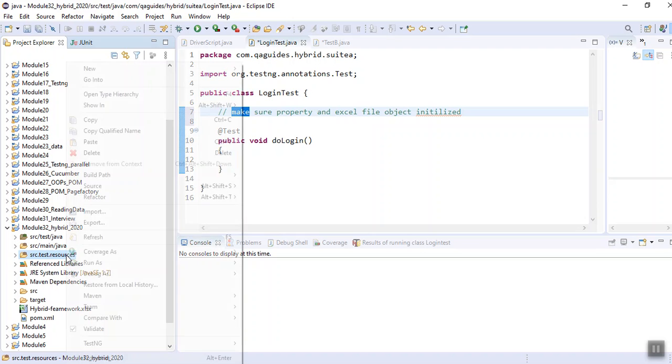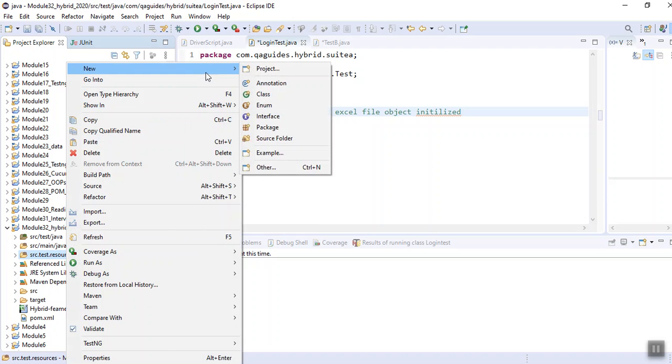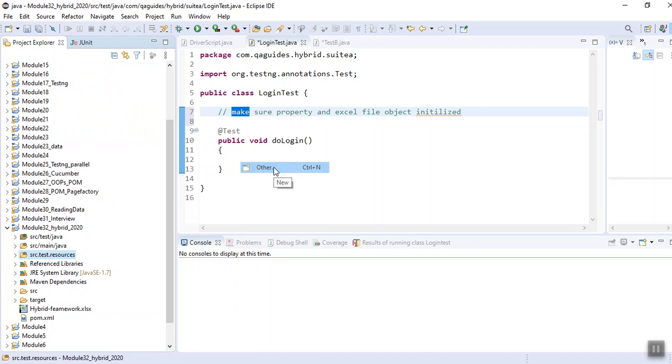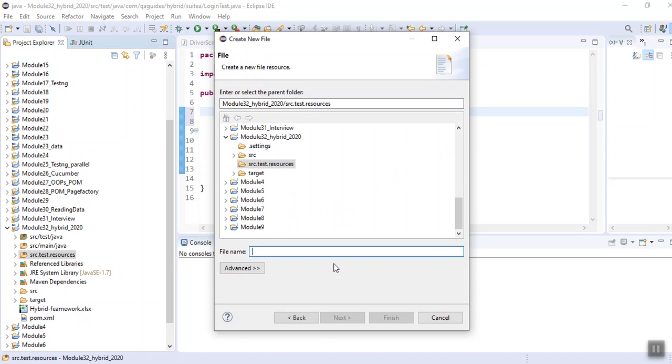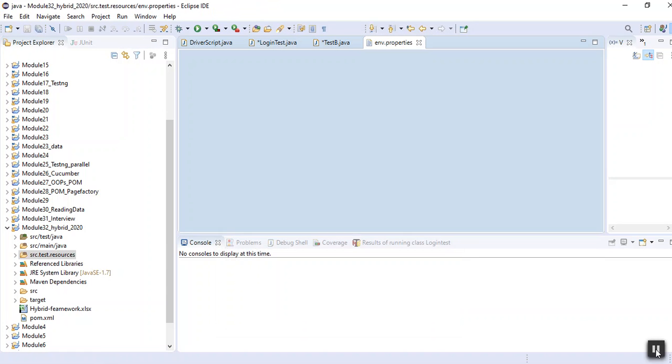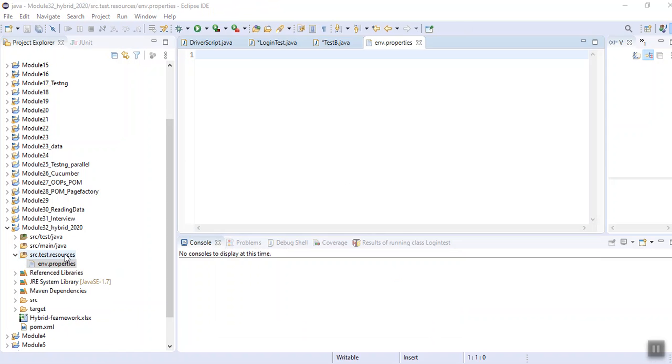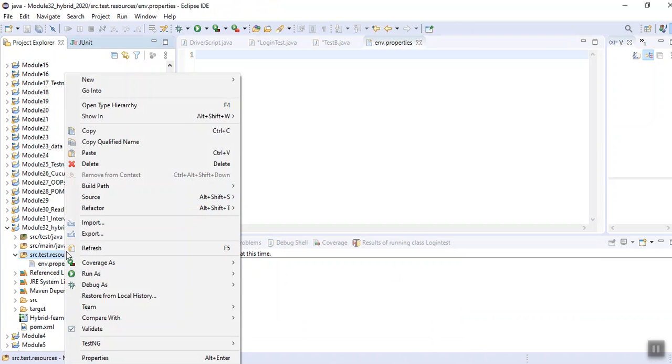I go here, new, file, other, file. Next, let's name it environment.properties. Finish. Fine, created, and for every environment, I will have a new property file.